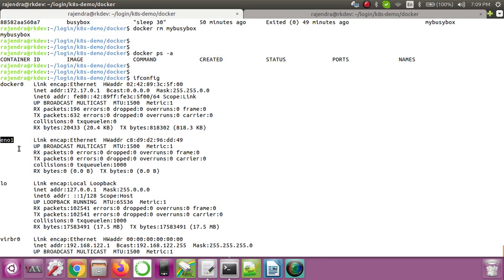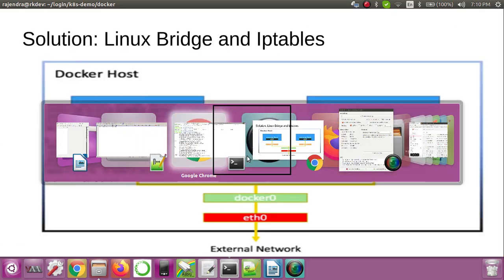And this Docker 0 is the bridge network which is created by default. The network range assigned to this Docker 0 is 172.17.0.1, which is the default range assigned to this default bridge, that is Docker 0. Now let's go back to the PPT.